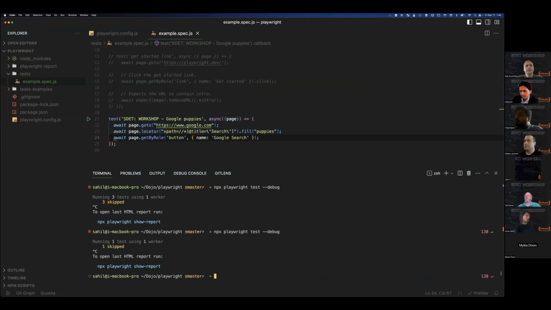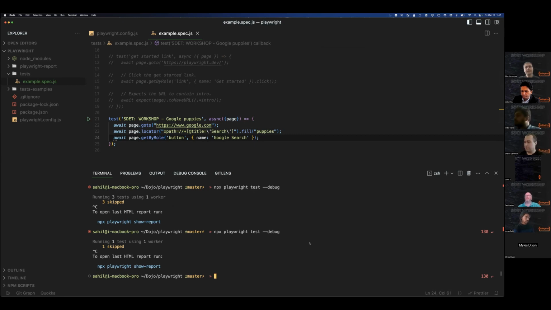All right. Just to reiterate, we used the Playwright debugger to find a better locator for the Google search field, which was auto-generated by Playwright. So I copy pasted that, and we added an additional step. Instead of typing out the button name, we used the Playwright debugger's feature to find the locator for the Google search button, which saves a lot of time compared to what you saw me doing earlier, trying to find the correct XPath.